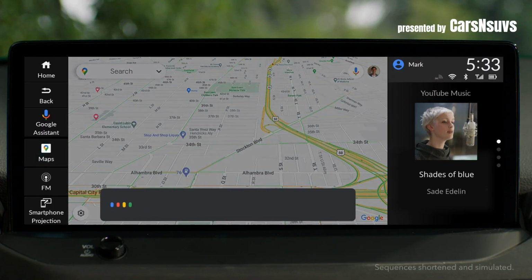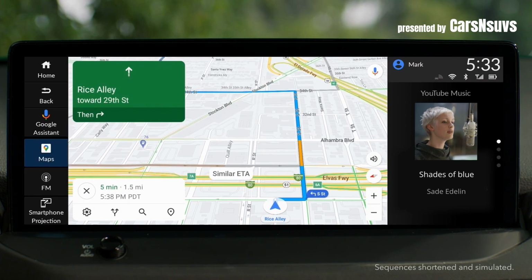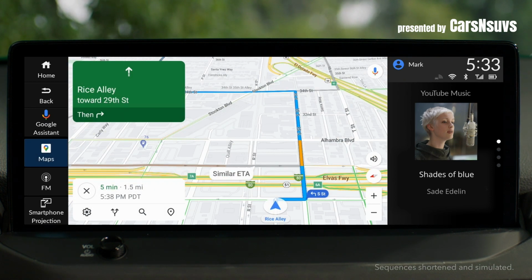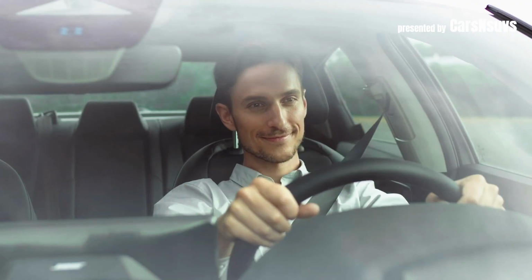Hey Google, take me home. You can ask Google to tell you about the traffic. Hey Google, how is the traffic? And how much further you can drive before refueling. Hey Google, how far can I drive? Your car should be able to go another 7